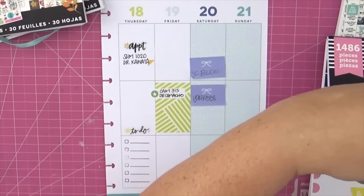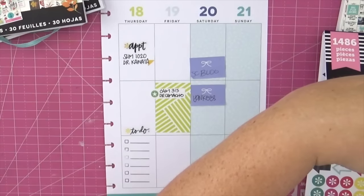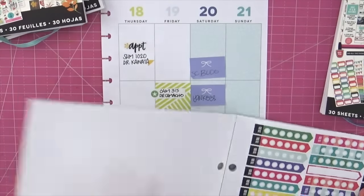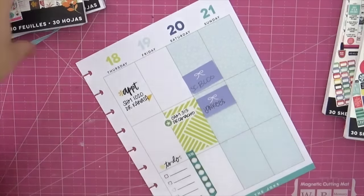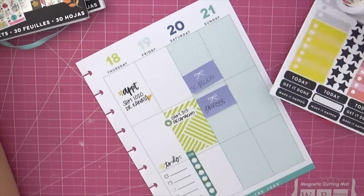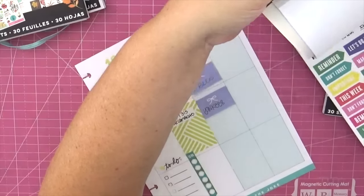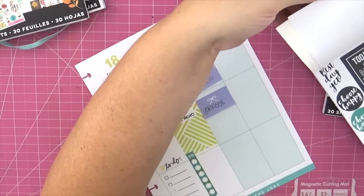So as you can see on Friday, I am into green, and I added one of those whole box background stickers. It's super cool. I love using those, and I also not only love using them, but I love using them underneath other stickers. So it just makes the whole thing a little bit more interesting and a little bit more fun. So now I'm going to move into the weekend, since I've gotten all of my to-do lists done